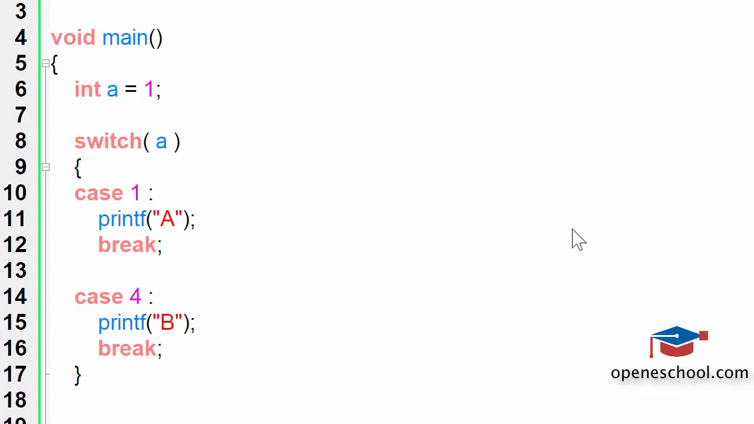In this short video tutorial, we will understand the default case inside the body of the switch case statement. Now, why do we need the default case? Suppose I have given the value 10 to variable A. Now you can easily understand that because switch is using the variable A as the decision making variable and it